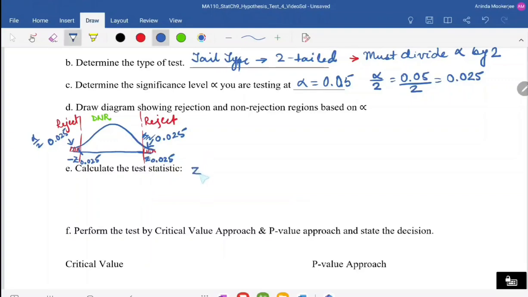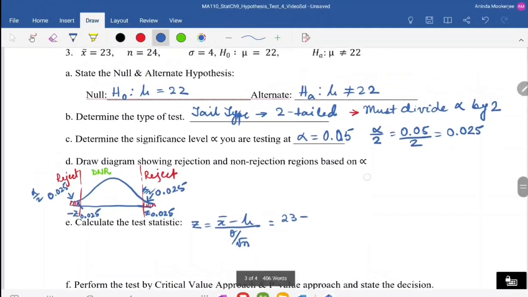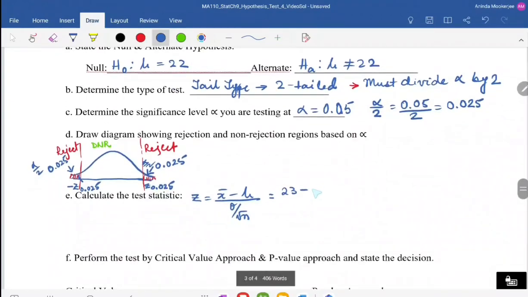So it's the same formula because it is a z test procedure we are using. So it's going to be x bar minus mu over sigma divided by square root over n. It's always a good idea to have the formula in front of you. Then you can correctly plug in the values, all right? So x bar given to us is 23 minus mu, whatever the null hypothesis mean is. So that's 22